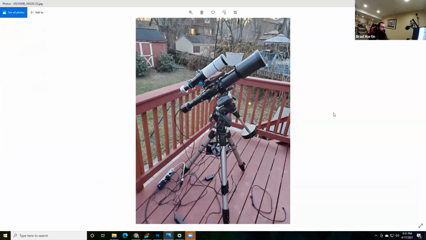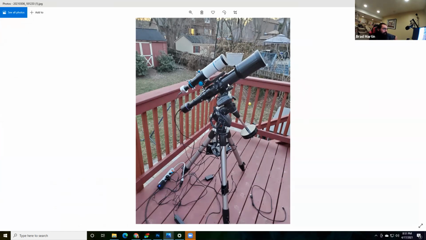You guys can see this now, right? Yep. Okay, so this is my setup that I captured this data through. My mount here is an equatorial mount, a CG5 Advanced GT. I bought this mount probably 11 years ago and then never used it up until about 3 months ago. So there you go.